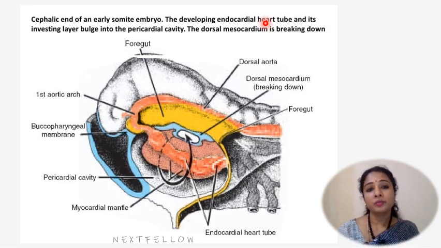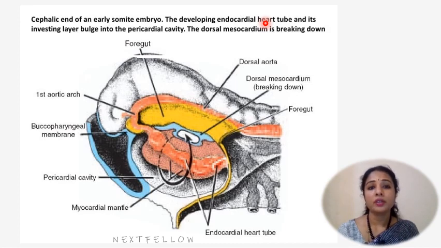Cardiac jelly has also been called gelatino-reticulum, which forms the myocardial mantle. It is also called myoepicardial reticulum, and otherwise called the myocardial basement membrane. You can also say it as myocardial basement membrane. And this cardiac jelly accumulates the endocardial cushions, which are the primitive precursors of cardiac valves, the valves